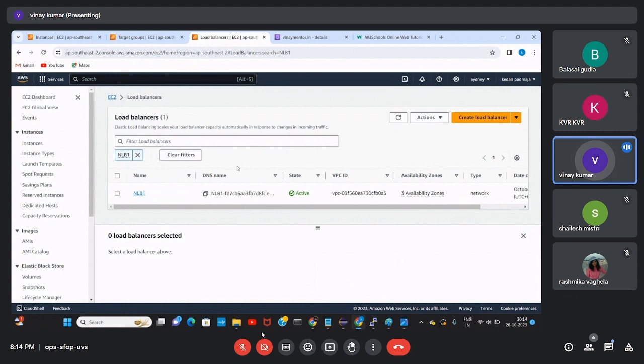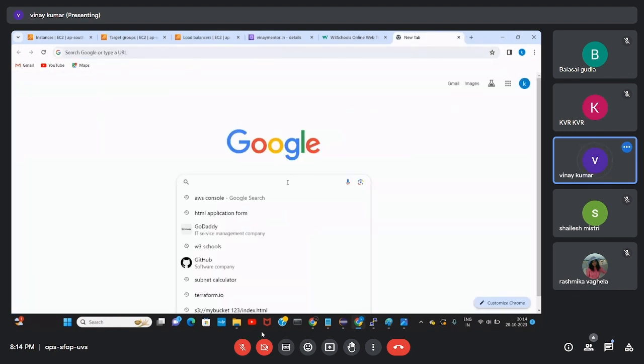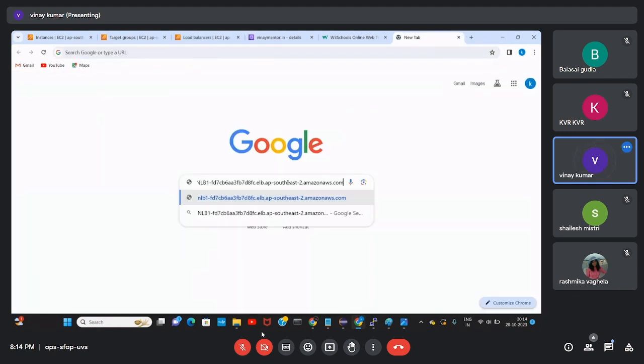See, by default, this load balancer has one DNS, right? I'm copying that one and searching in Chrome. If you see this one, it will help to reach our server.